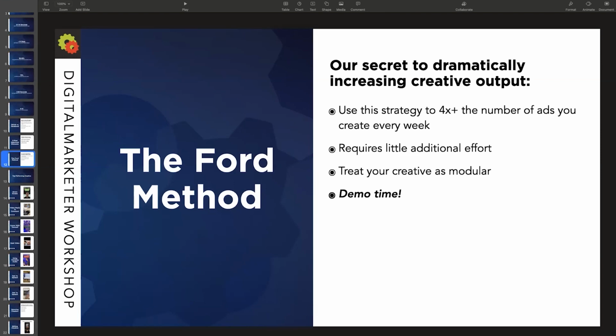So we no longer look at videos for ads as one thing. We look at, here's a bunch of pieces that we know are really, really important to make a good ad. And each one of those pieces can be shot independently and then connected to tell a story that's cohesive.